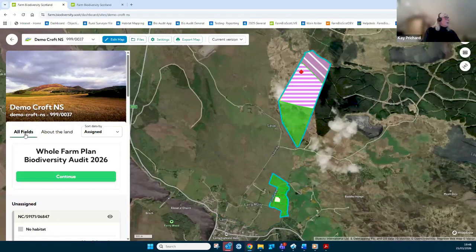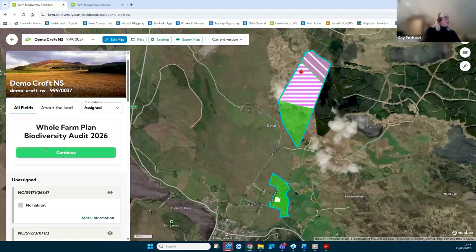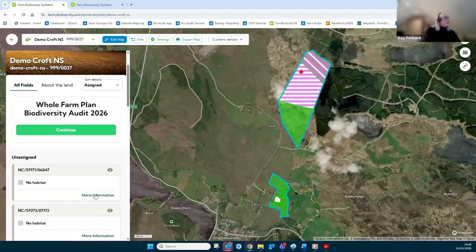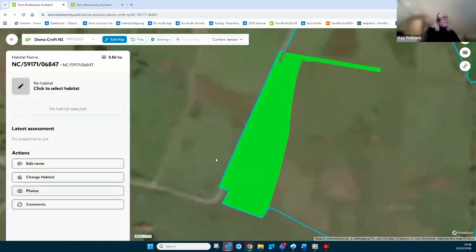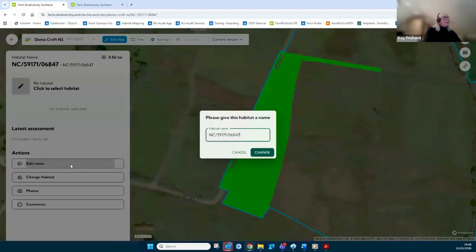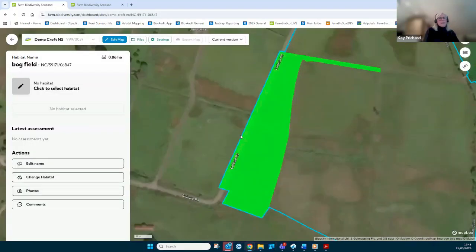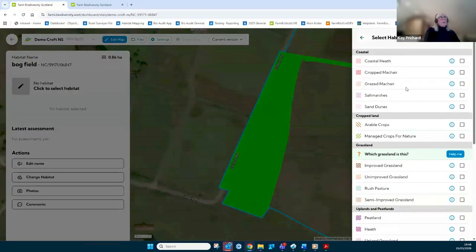Okay, so then we'll go back to the fields, and we'll pick one of the fields here, and it takes you direct to that field, and you go, oh, I don't know what that is, bog field or whatever. So we can edit the name and chuck in bog field and change that, and then it's easier for you to navigate within it. And then within it, we can click to select this habitat, and up pops this list